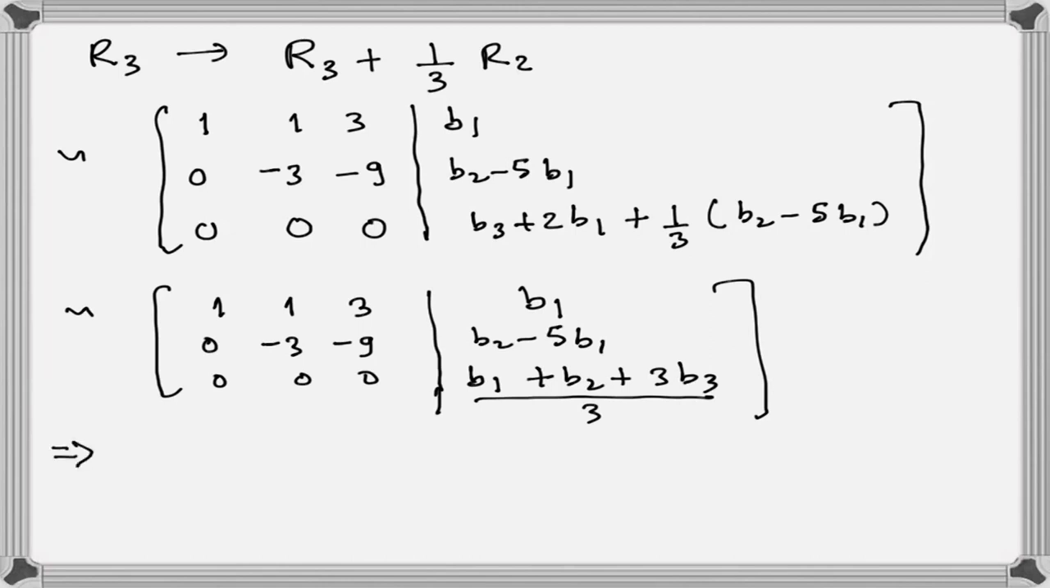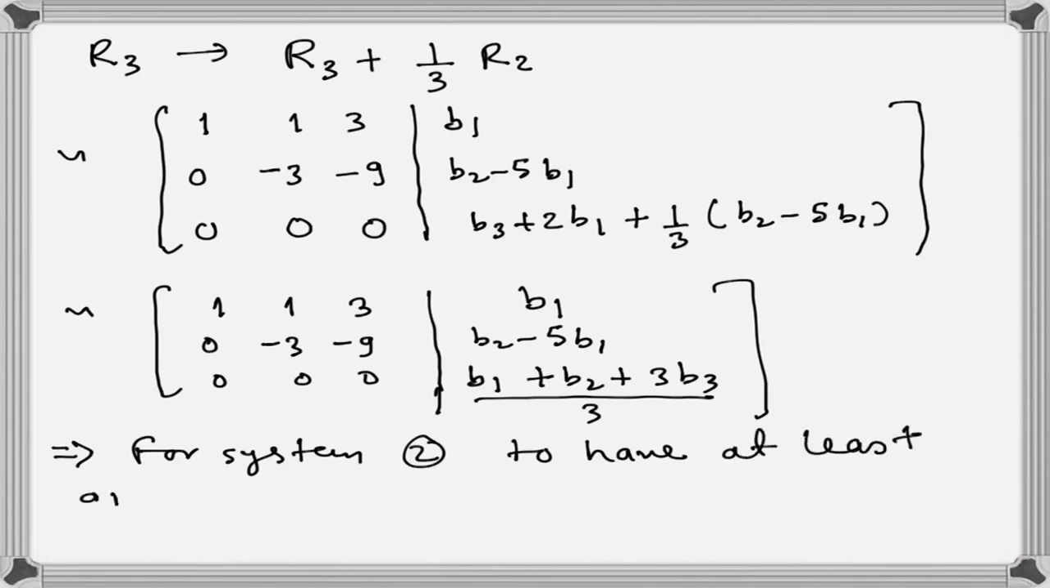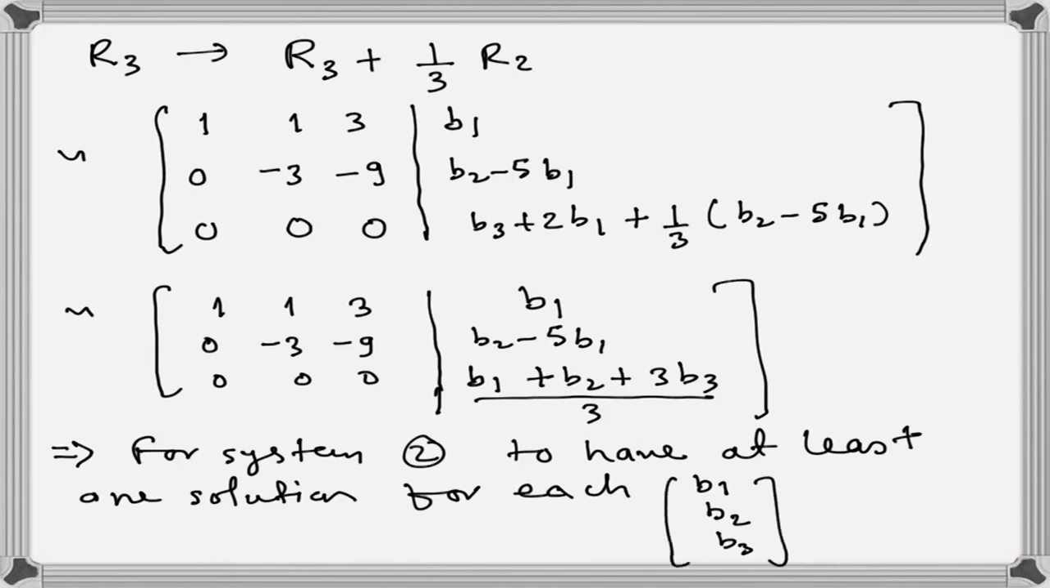So this implies that for the system to have at least one solution, we should have one solution for each b1, b2, b3 belonging to S. We should have